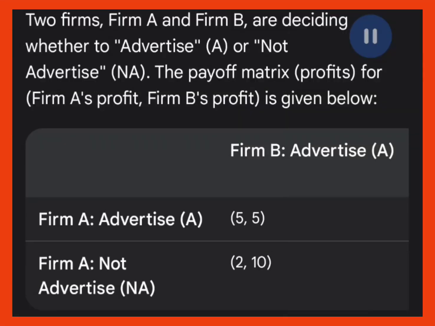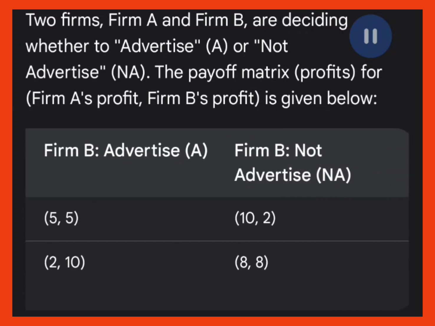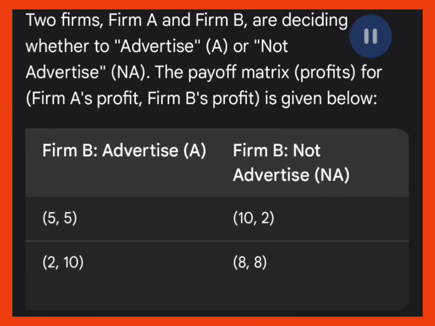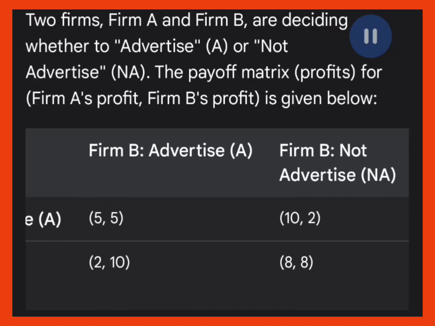Two firms, Firm A and Firm B, are deciding whether to advertise (A) or not advertise (NA). The payoff matrix, profits, for Firm A's profit, Firm B's profit, is given below. Firm B: advertise A, not advertise NA. Firm A, advertise A: 5, 5; 10, 2. Firm A, not advertise NA: